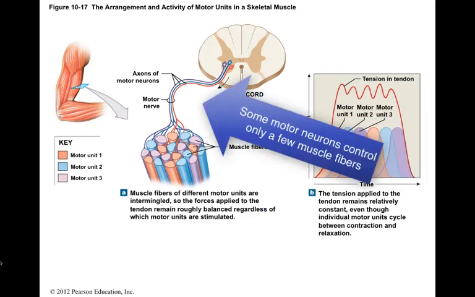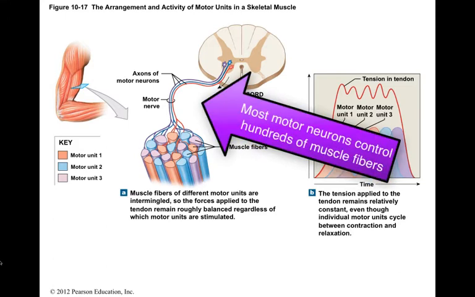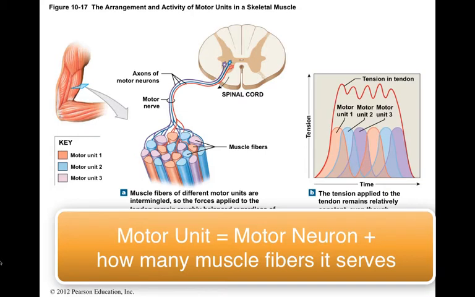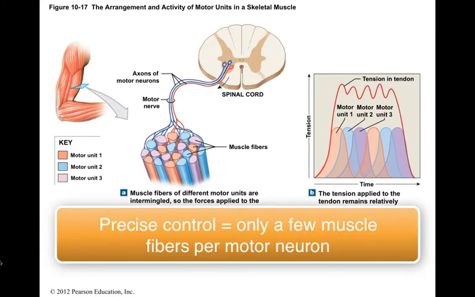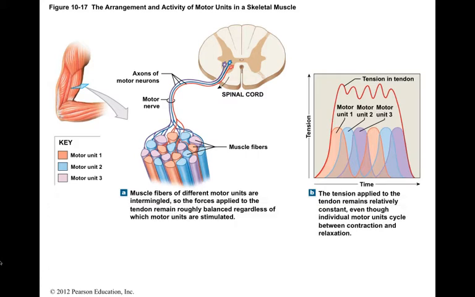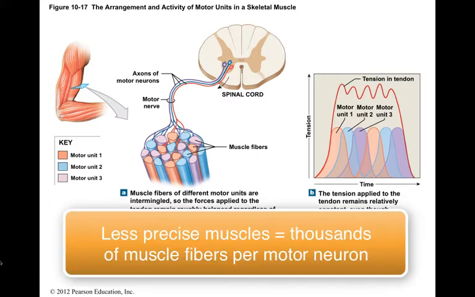Some motor neurons control a few muscle fibers, but most control hundreds of them. All the muscle fibers controlled by a single motor neuron constitute a motor unit. The size of a motor unit is an indication of how fine the control of the movement can be. In the muscles of the eye, where precise control is extremely important, a motor neuron may control 4 to 6 muscle fibers. We have much less precise control over our leg muscles, where a single motor neuron may control 1,000